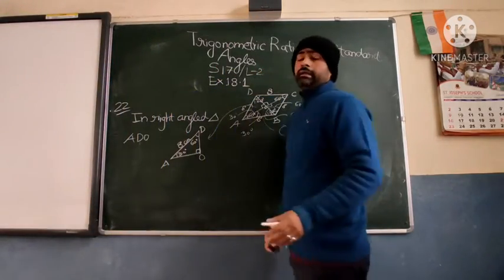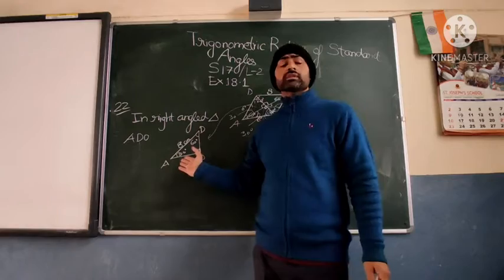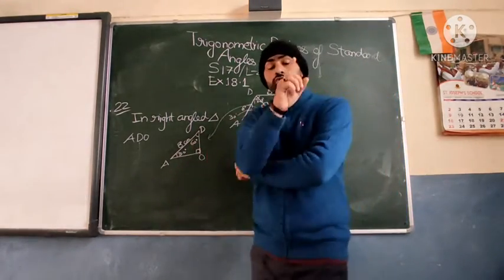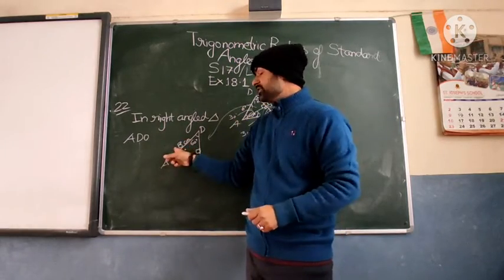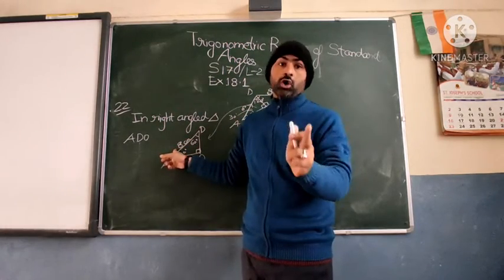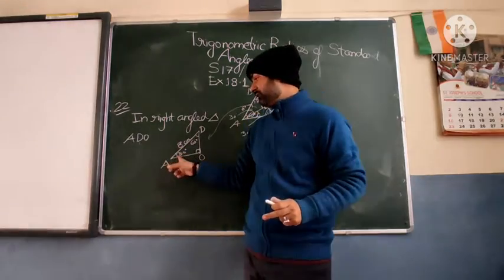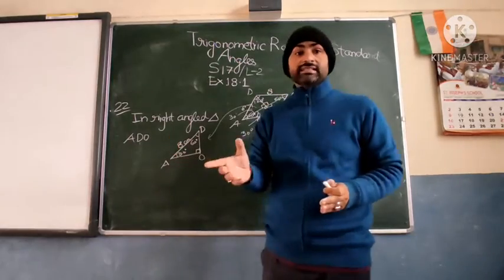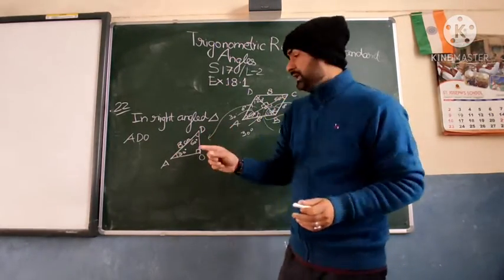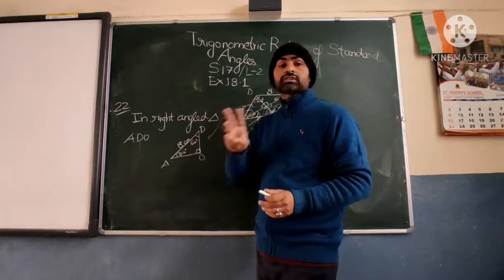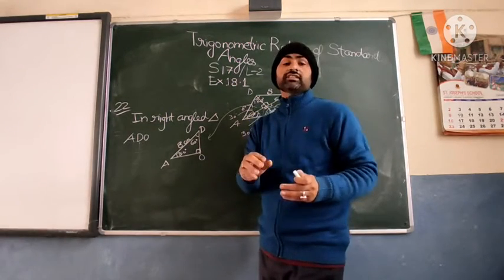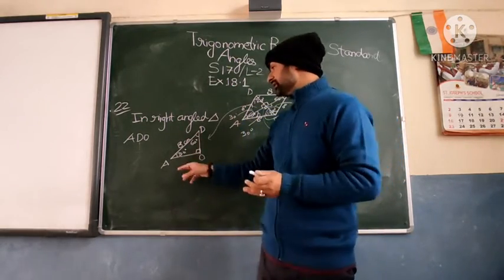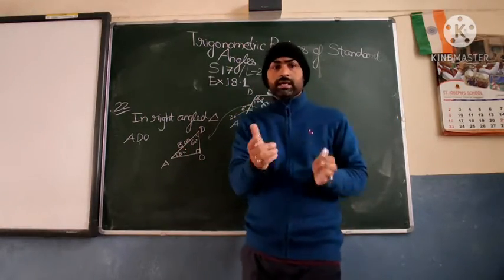Now you see here which trigonometric ratio we can use. We will use that trigonometric ratio which involves the hypotenuse as one of its components, because the value of the angles you are knowing, so with the angle you can calculate the ratio value, and with the ratio value and this side, three things will be there. So you can use either sin theta or cos theta depending on you. Either one you use, you can get the other one by using the Pythagoras theorem. Are you getting the point?